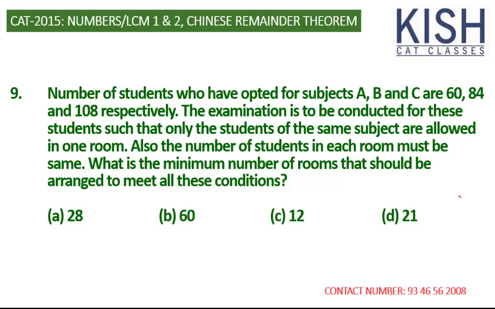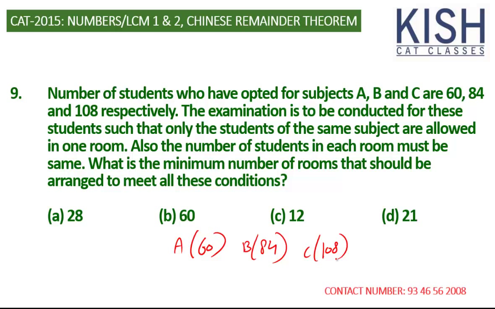We just need to convert them into a simple question so that we can apply either least common multiple or methods, or Chinese remainder theorem, or constant remainder theorem. Whatever is asked here is quite simple. We have section A where it is 60, B is 84 and C is 108. Now we need to find two numbers: one is the number of rooms, and then the capacity of each room. Now the capacity of each room must be the same. Absolutely. And also what we need to find is,